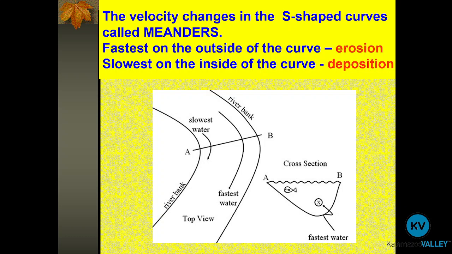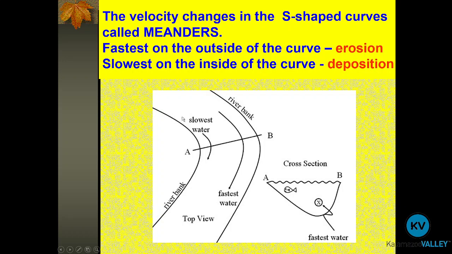Where water moves fastest is where it can pick up the most sediment, or the heavier sediments. So along this outer edge where we have the fastest moving water is where we will get erosion. It will be picking up and carrying away those sediments. And then on the opposite side where we have slower moving waters, where we may have some deposition because it's going from a higher velocity